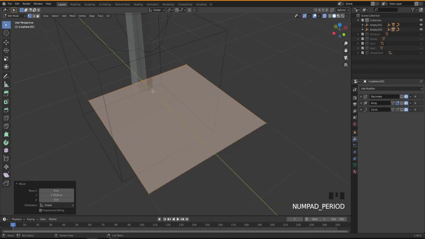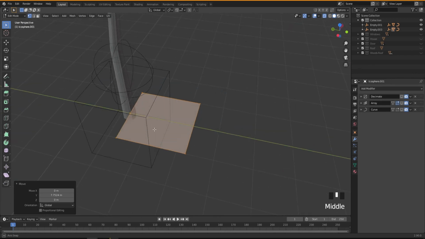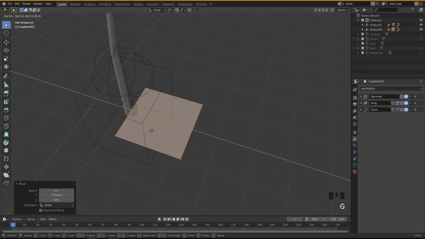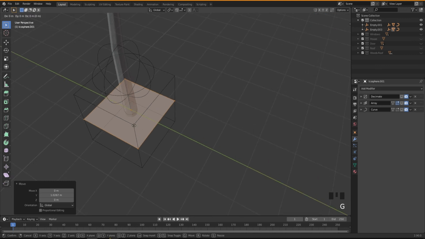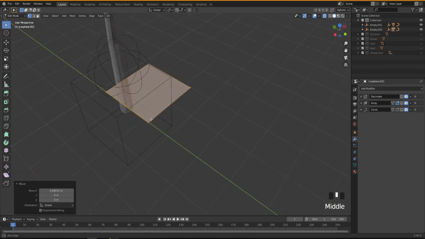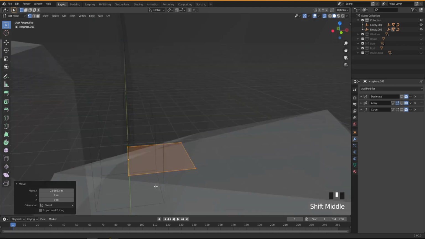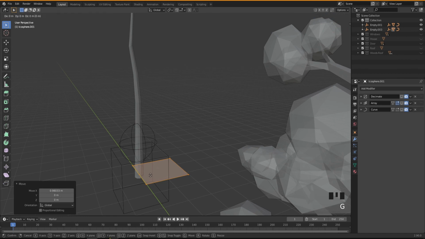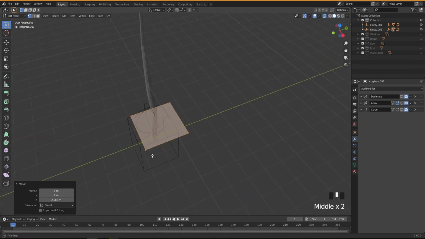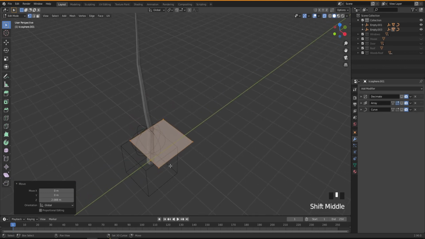Now let me zoom in, and I'm going to move it a little bit more, G, X, like this, and I'm going to move it up because we do want our chi to start from our bottom. So G, Z, move it up like this, and you can create whatever shape from this.